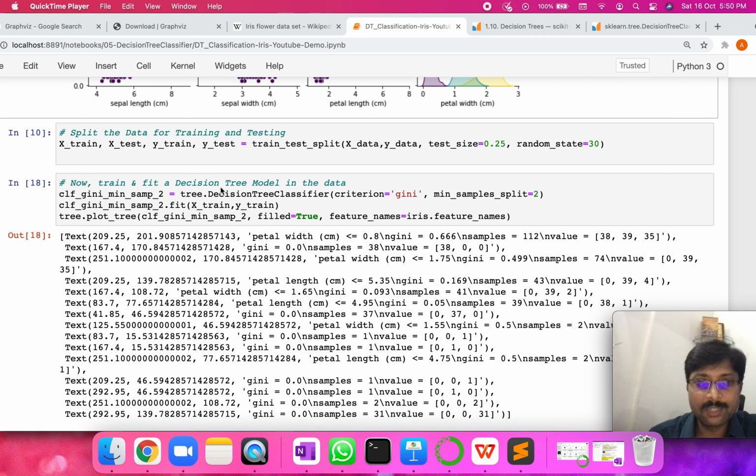Once we split the data, we come to the step of actually creating the model, right? For that, we use the DecisionTreeClassifier implementation from sklearn. It takes various arguments, which we can review later, but by default it uses the Gini criterion, right? We have seen that there are various loss functions the algorithm can use to determine the best way to split the nodes. Gini is one of those, and it is also the default it uses.